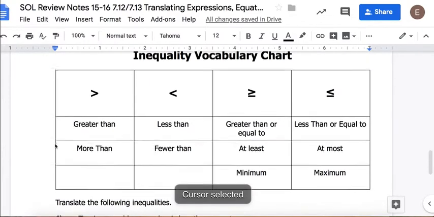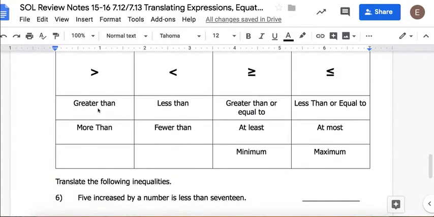Okay, so here's our inequality vocabulary chart. Greater than and more than mean greater than. Less than and fewer than mean less than. Greater than or equal to, we have a couple other words. At least, you have to be at least